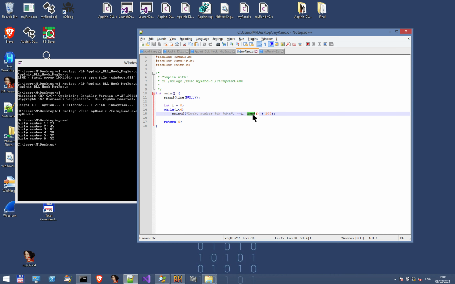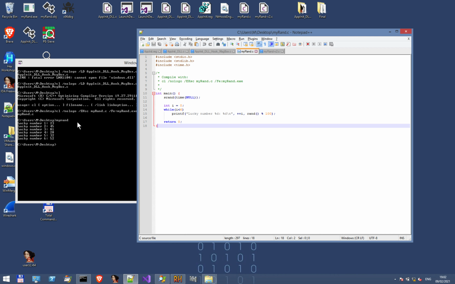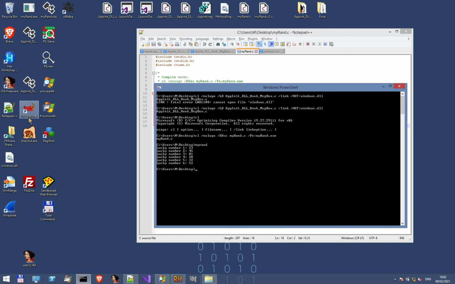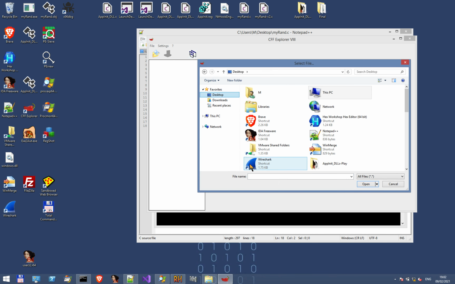Our example here is basic. We call the rand function from a standard library. If we want to hijack the rand function, we need to first figure out where it is defined, same as we've done in the previous example. We need to figure out in which library it is defined, and after that, replace it with our own version. We'll use CFF Explorer and later IDA Pro to have a look at the file. You can probably guess at this point what we plan to investigate in CFF Explorer, but let's see.